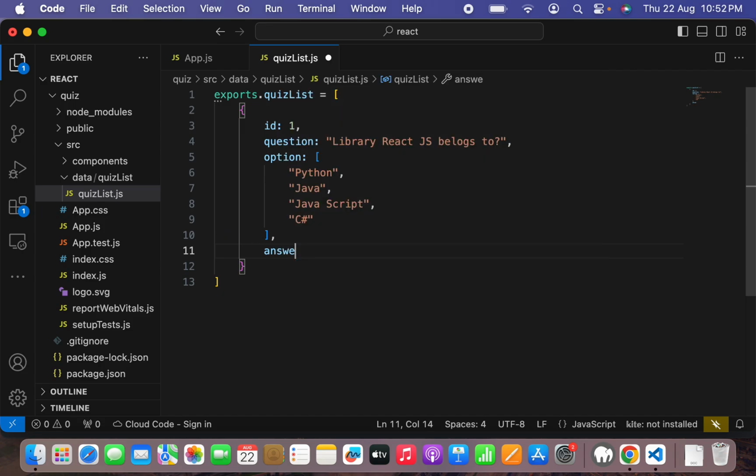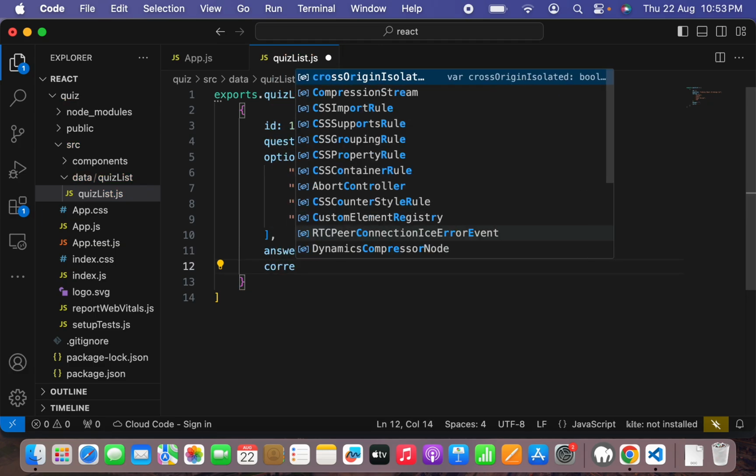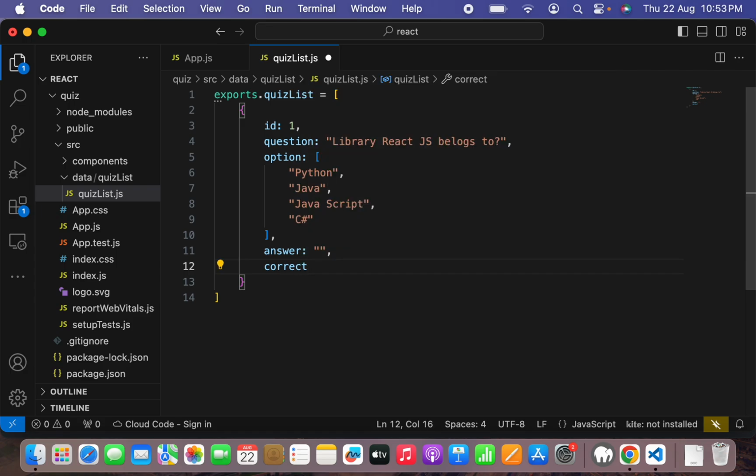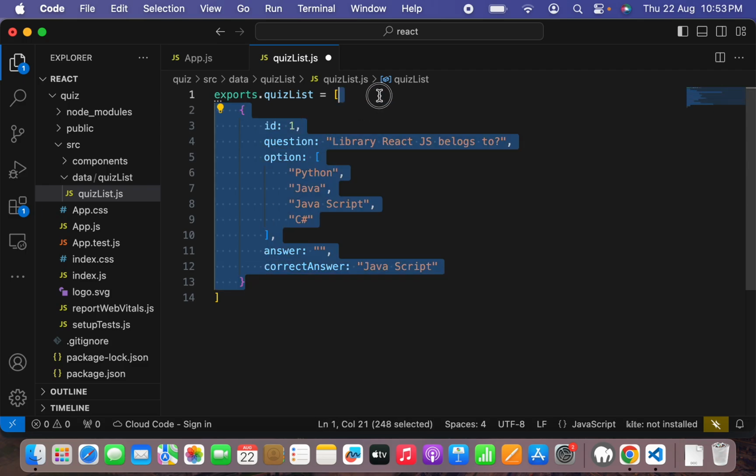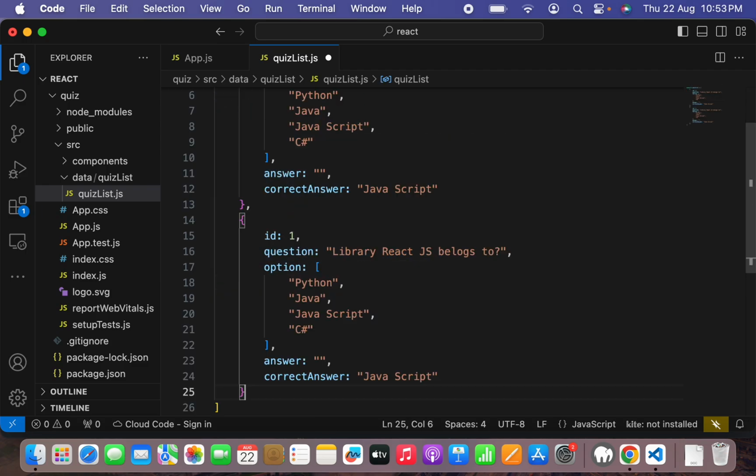Similarly, I will say answer, that I will keep as an empty string, and correct answer. The correct answer is JavaScript, that will appear in the correct answer. So this is my first question. Similarly, I will be having a second question. I will say which library Next.js belongs to, same answers,